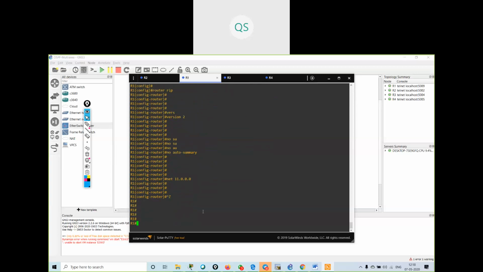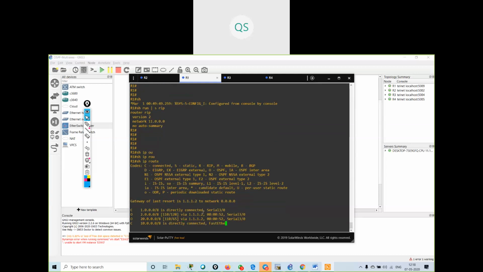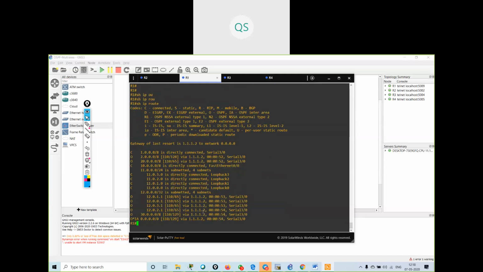Okay, show run section rip. I'm getting 11.network advertised. Now if I see show ip route, I've configured the stub, I'm getting these routes. Okay, 11.network is directly connected.